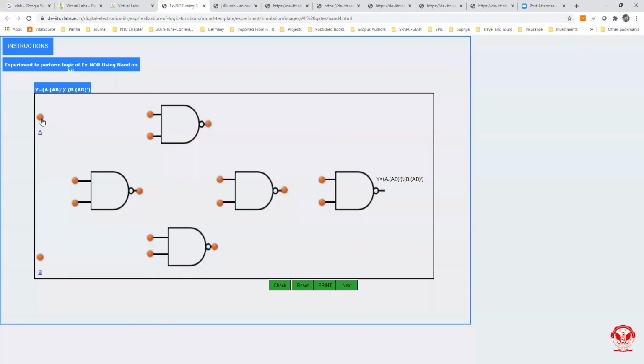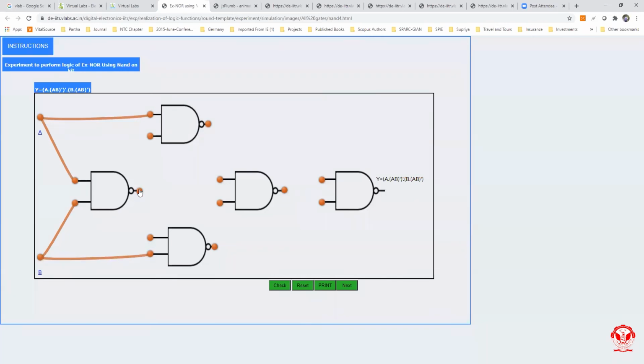Now just click on point A and drag this and connect to the input of this NAND gate, and the same we have to do for this. Click on point B and connect this to the input of this NAND gate, and click on point B and drag the wire and connect to this.